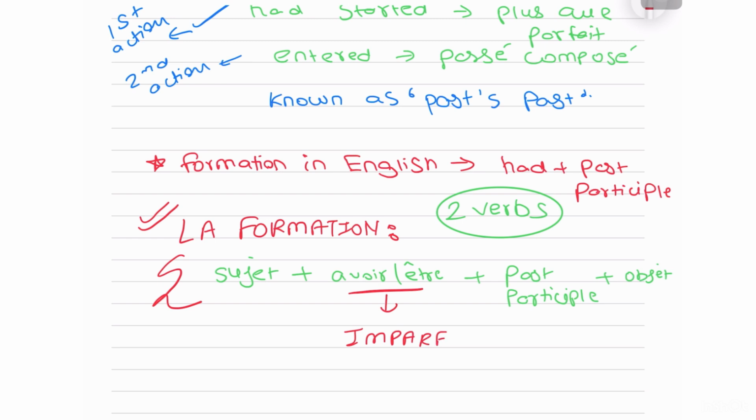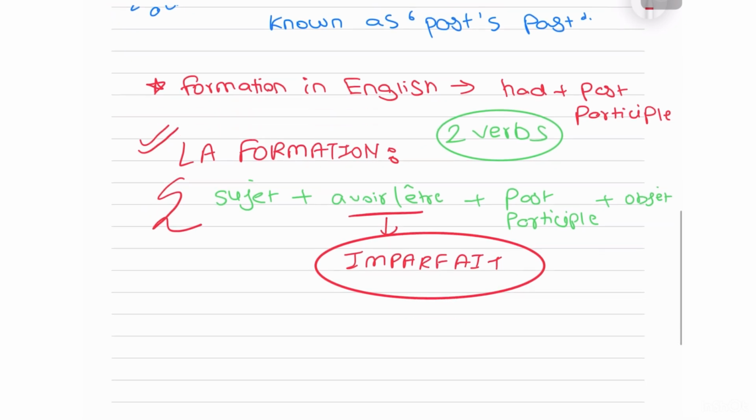This is the key difference between plus-que-parfait and your passé composé. Everything will be the same: same rules, same past participles, all of that will be the exact same. If you know how to do passé composé and you're clear on how to do imparfait, plus-que-parfait is extremely simple. I already have a video on imparfait and passé composé. In case you're not clear on that, I would recommend watching it. Once that is crystal clear, this is basically a piece of cake.